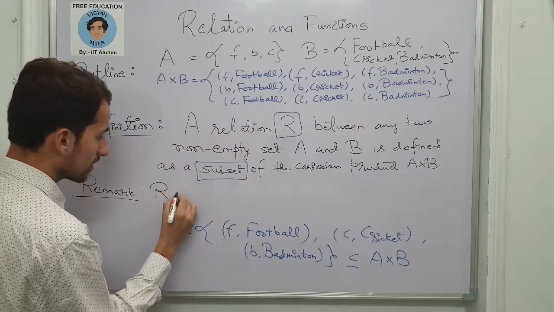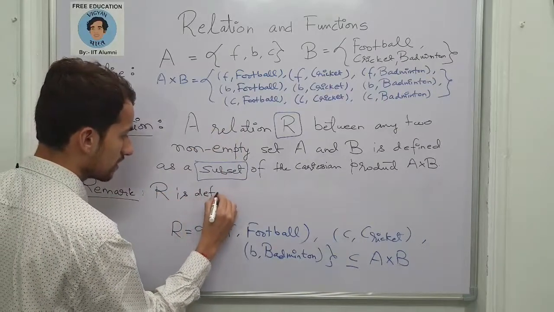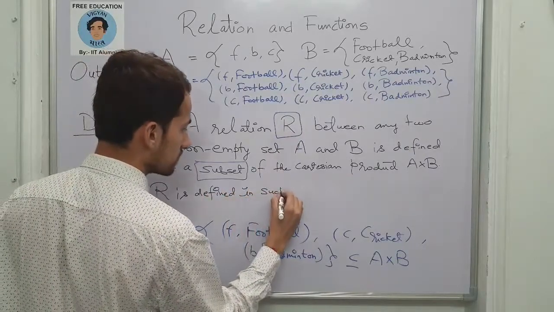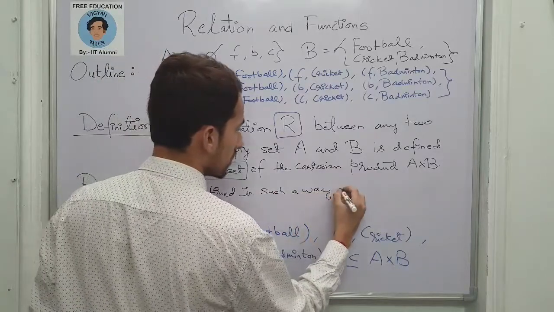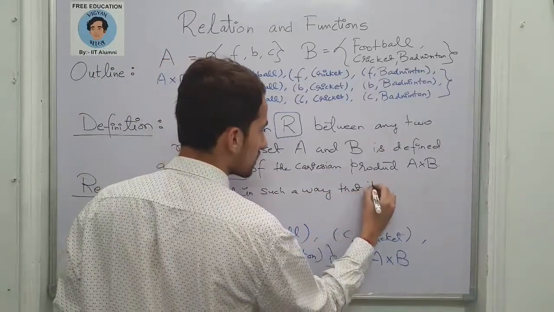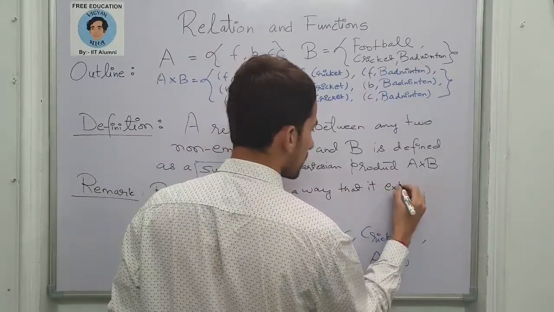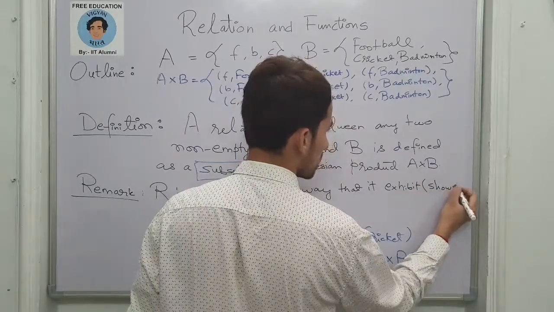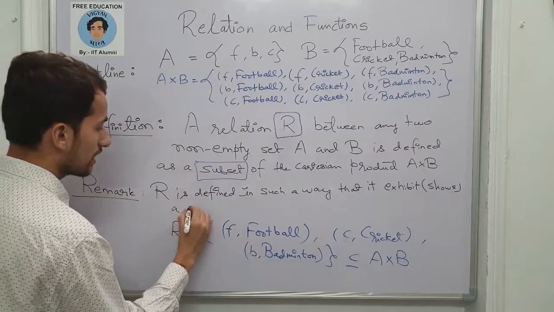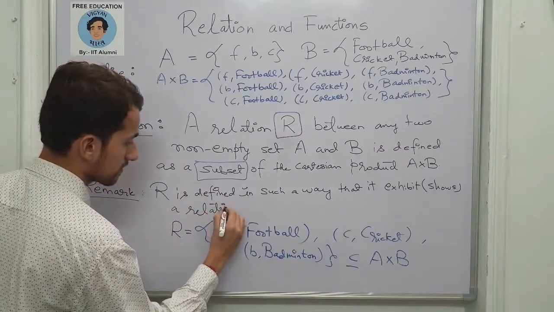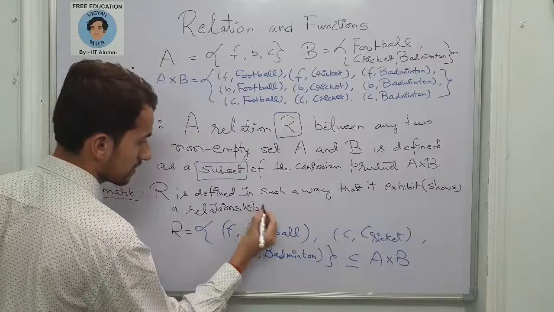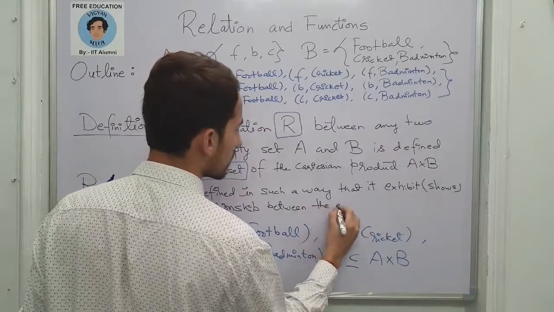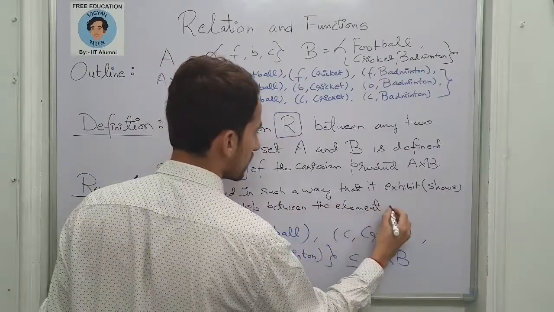Capital R is defined in such a way that it basically shows a relationship between the elements